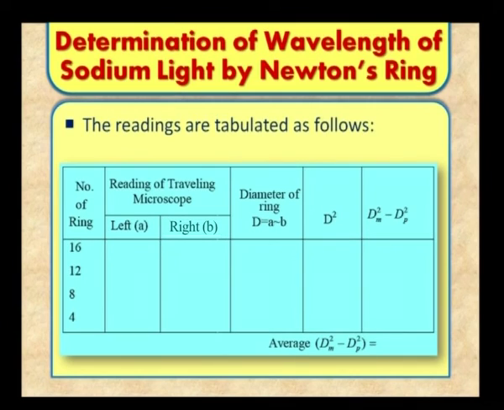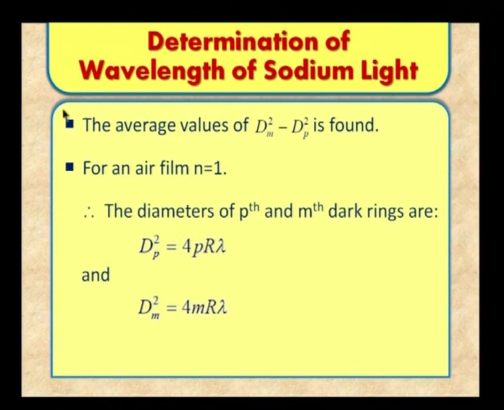That you put on the next tabular column. Then you find dm square minus dp square. dm may be the diameter of the 16th ring, dp will be the diameter of the 4th ring. Anyway, the point is you find the average of dm square minus dp square. Okay, the readings are tabulated, and the average value of dm square minus dp square is found for an air